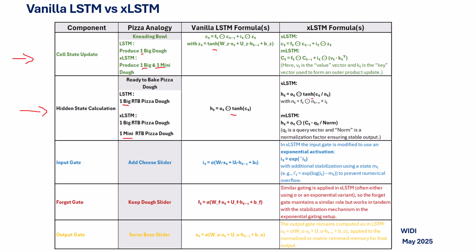because it uses a norm function, or normalization factor, to ensure a stable output. Next is the input gate. In here, at first we decide how much of the fresh pizza we'll be using. In XLSTM, only the slider is modified. Previously, it used the sigmoid function. Now it will be using exponential activation,